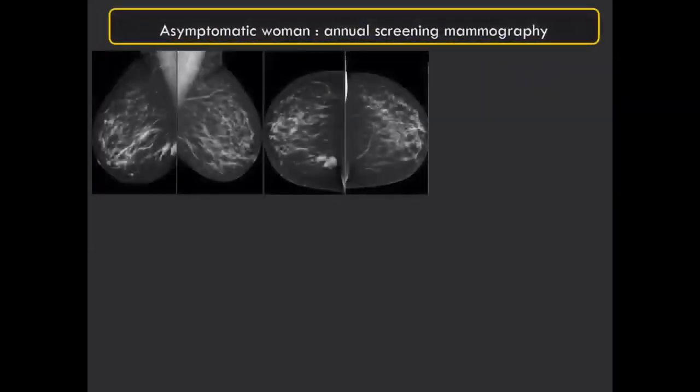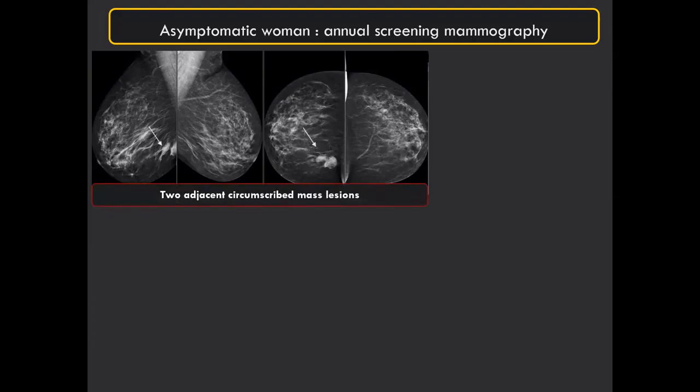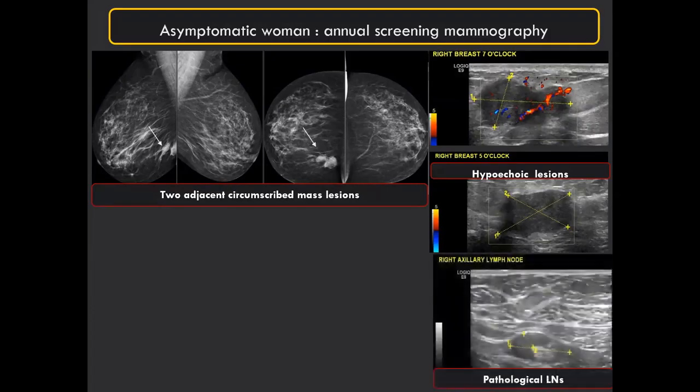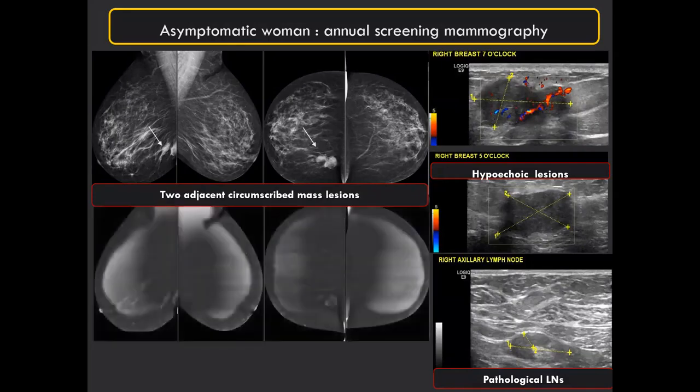This is a screening mammogram, again, of an asymptomatic patient. She had this lesion within the inframammary fold, and lesions within the inframammary fold are usually hardly detected in patients because they are considered to be in a hidden area. An ultrasound examination was performed and it revealed a hypoechoic vascular lesion, and her axillary lymph nodes were also pathological with focal cortical thickening. This was her contrast mammogram, and it showed the two lesions excellently,